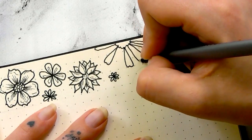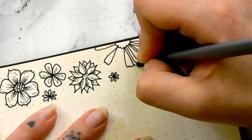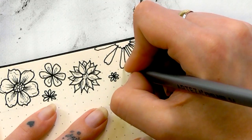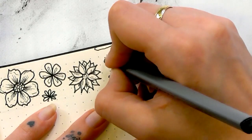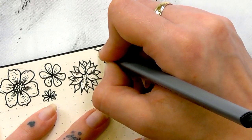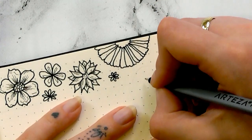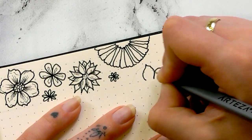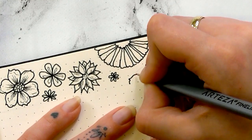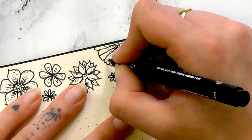And then here you can see I'm trying a different petal shape again, but I'm following that same method with doing the inner circle, and then I'm following the lines of the outer circle to get the shape of the roundness of the flower. And then again with the fine liner afterwards, to give it that detail again. And I just repeat this process over and over again, and you can play about with it